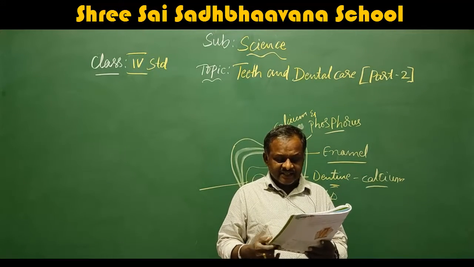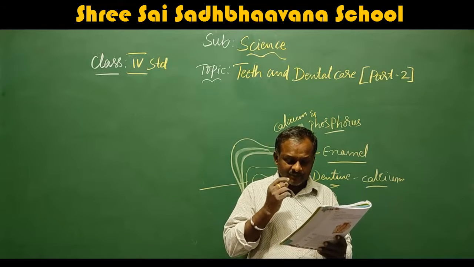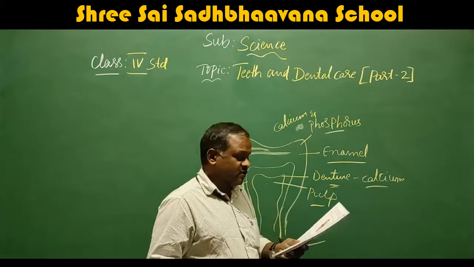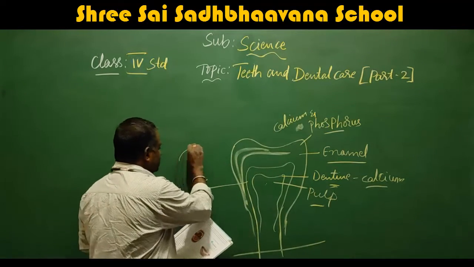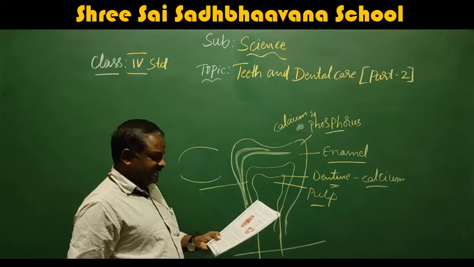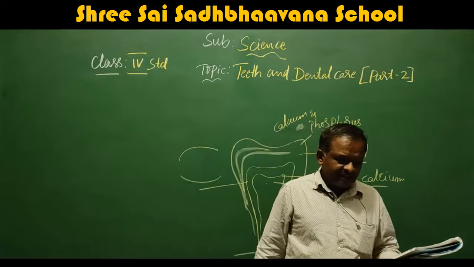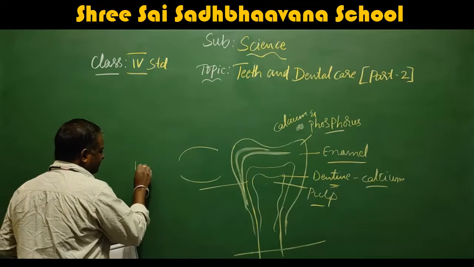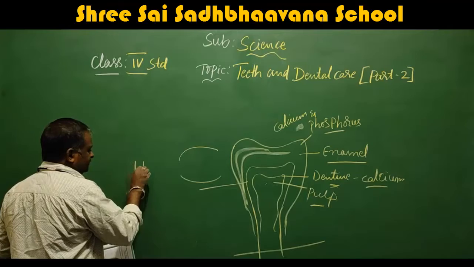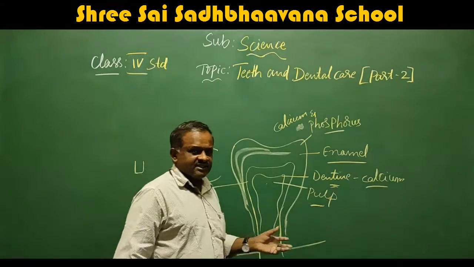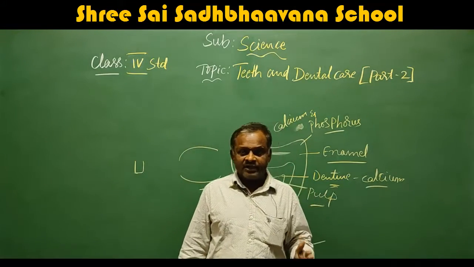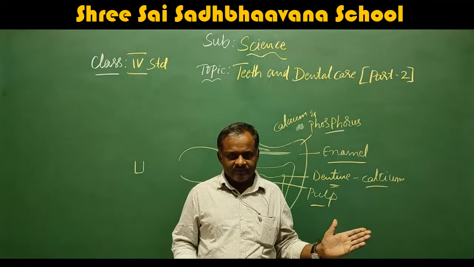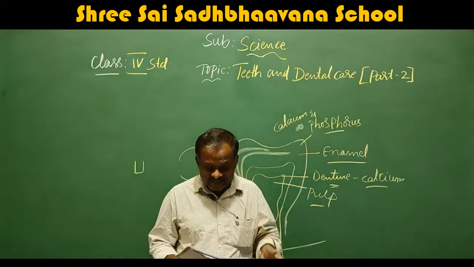There are 8 teeth in the upper front and front bottom of the mouth, 4 on upper front and 4 in front bottom. That means 4 in the upper jaw as well as 4 in the lower jaw. They are shaped like tiny chisels with flat ends, like this. Tiny chisels. What is the meaning of chisel? A chisel is the instrument used by the carpenter to cut wood into 2 pieces.